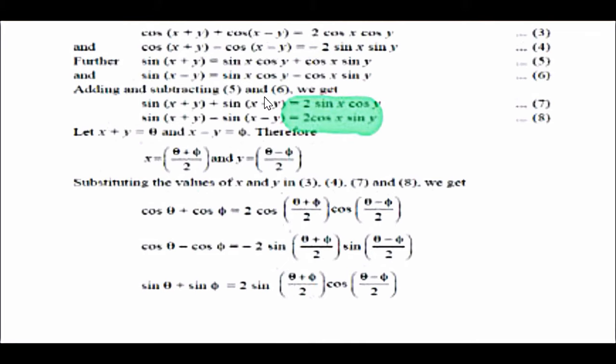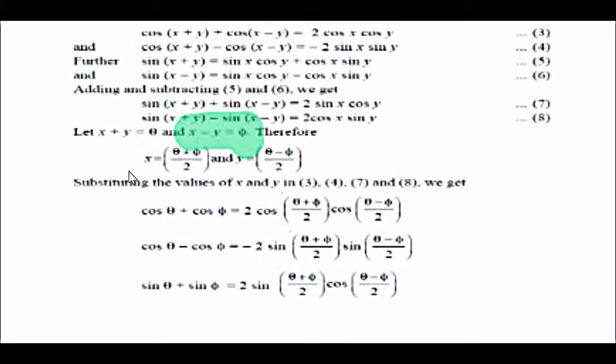So now you have got these 7, 8 and 3 and 4. Now this x plus y is equal to theta and x minus y equal to 5, because this x plus y, you see, so many times you can find this x minus y, x plus y. So what we can do here is take x plus y equal to theta and x minus y equal to 5. This is our arbitrary assumption. This has nothing to do with the science or mathematics here. This is just our assumption. So what we are going to do, this is one expression, this is one expression. So these are linear equations.